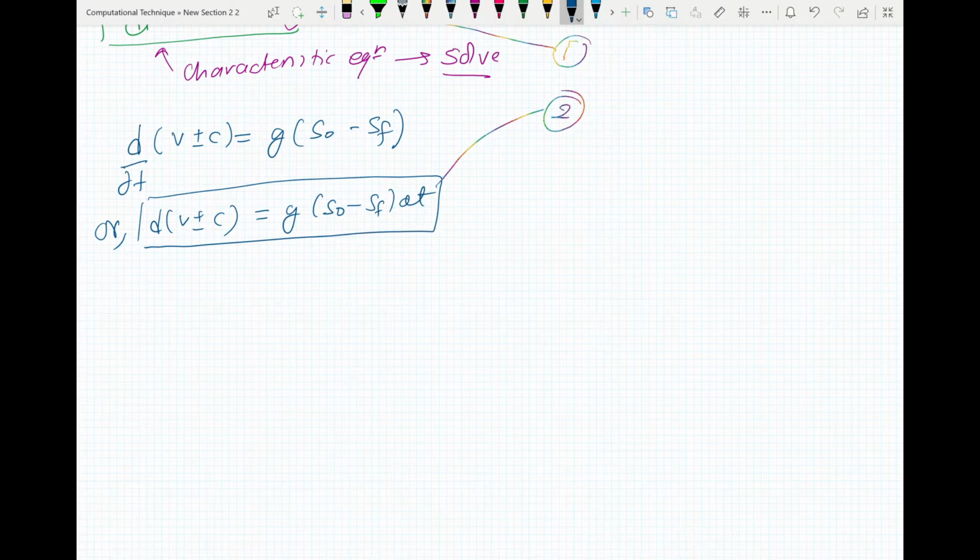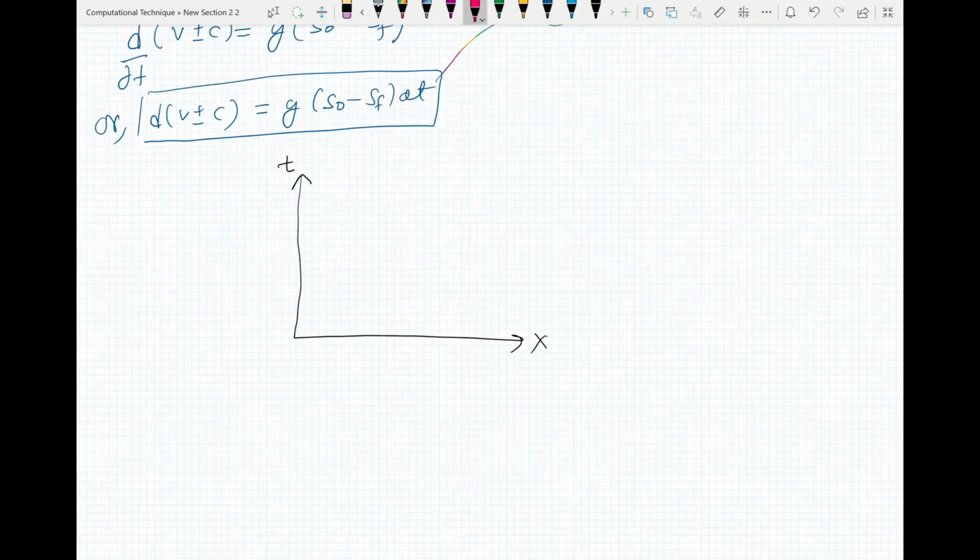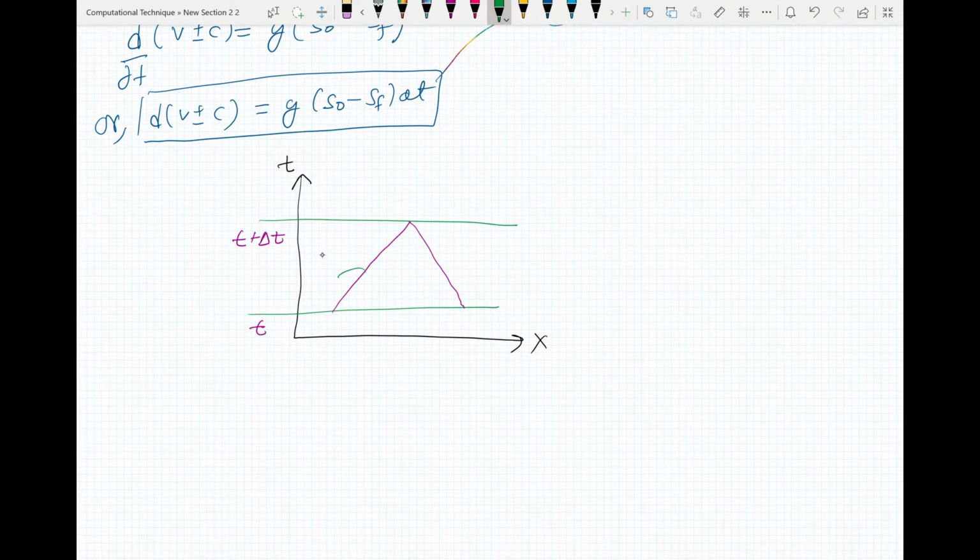When you plot this, and if you have a grid line, this may be t, this will be t plus delta t, so this will have slope of dx by dt which will be equal to v plus c. This one dx by dt equals to v minus c, or dt by dx equals to 1 by v minus c,